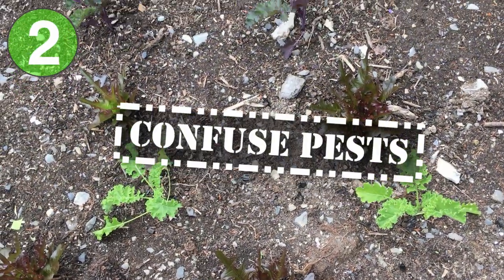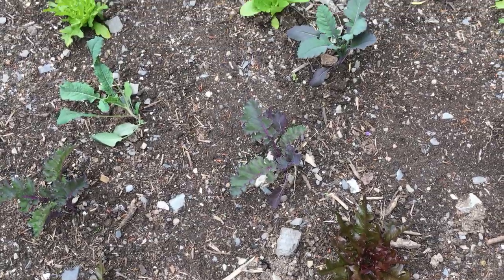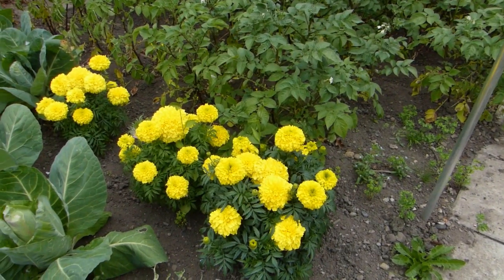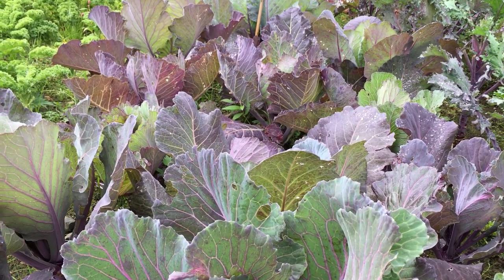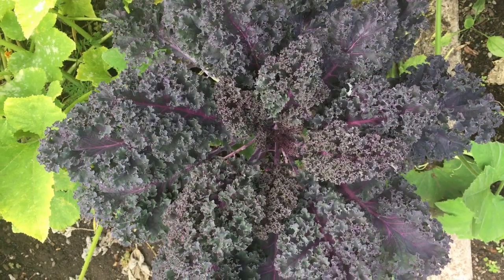Interplant crops with one another. This confuses passing pests because they will find it harder to hone in on their preferred crop. You can interplant different vegetables or mix up vegetables with herbs or flowers to create a more diverse and confusing planting scheme. Obfuscate some more by growing vegetables with coloured leaves, like purple varieties of cabbage or kale that insects